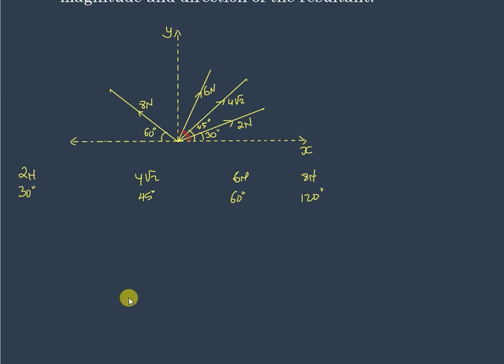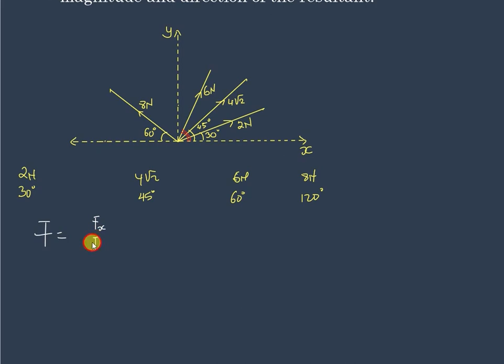You have a 2 Newton force inclined at 30, 4 root 2 at 45, 6 Newton force inclined at 60, and an 8 Newton force inclined at 120. 120 is towards the positive x-axis. So we have this. I have tried to arrange like this. So we are going to assume that our force is equal to